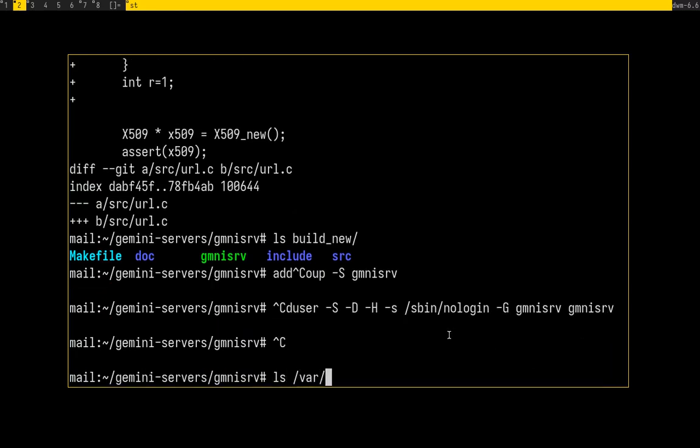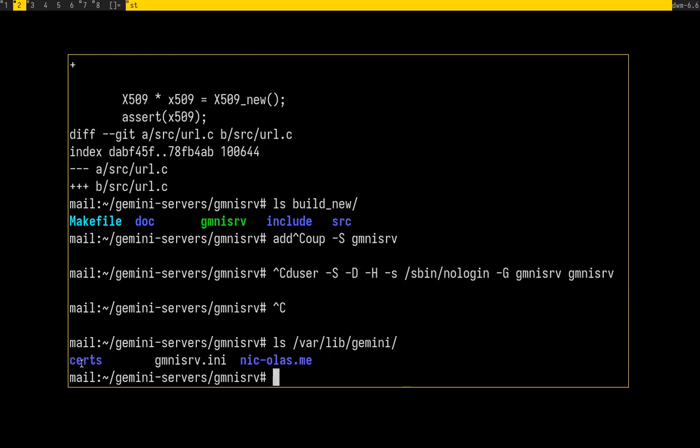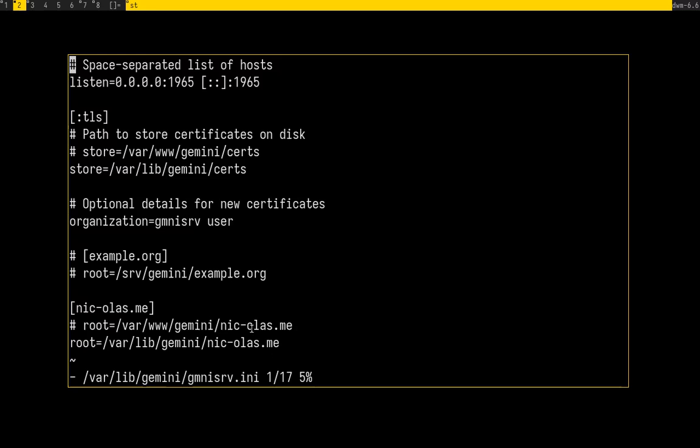And then I created this directory /var/lib/gemini. And in here are now 3 things. The certs, this is initially an empty directory, the init file, and then a directory for my website, or for my Gemini capsule, rather. So if I now look at this init file, you can see it, and it's pretty